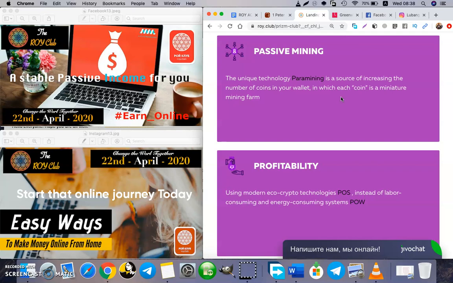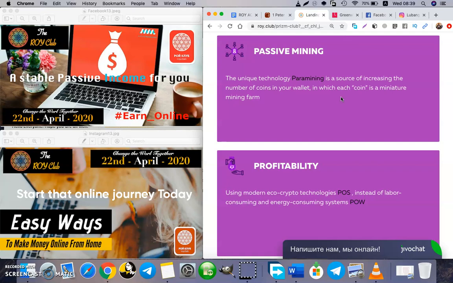The unique technology, paramining, is a source of increasing the number of coins in your wallet, in which each coin is a miniature mining farm. Okay, so when you have coins in your PRIZM wallet, from one PRIZM onwards, there is what we call paramining that begins to happen in your wallet